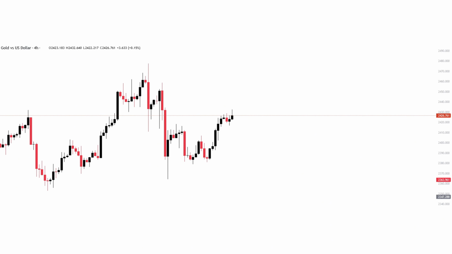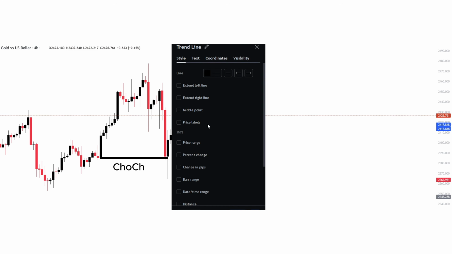This is the gold market in the 4-hour time frame. At first glance, we can see that the market is in an uptrend, defined by the higher highs created in the swing levels. Then it came back down and printed a change of character. However, the sellers couldn't continue to push the price down, and instead, the buyers took control again. And we can see that the market prints an internal break of structure, an indication of bullish continuation in the